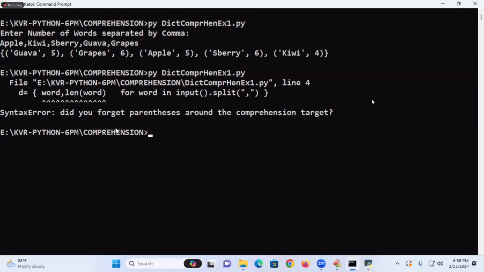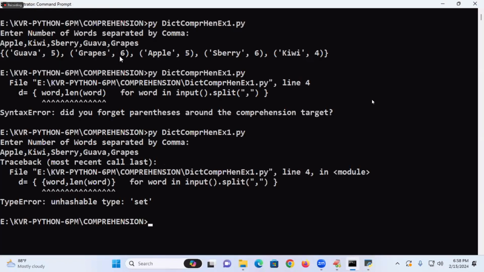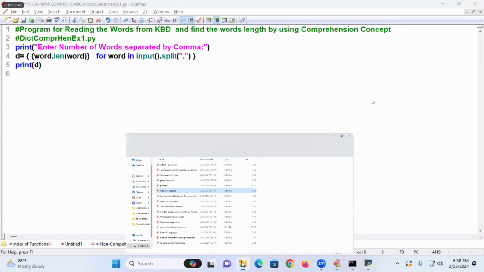Enter a list of words. Target, parenthesis around. So now I am going to write it. Something I will write. You try to understand. So here, number of words. It is going to give you something here. So, one minute. Even myself